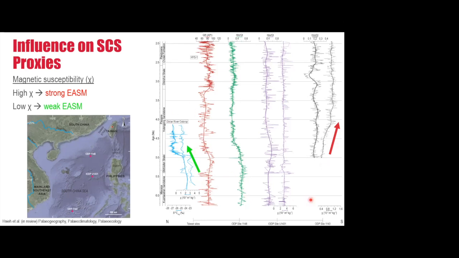But looking at our records, so here we have the northernmost Taiwan record all the way to the southernmost South China Sea record. Their patterns clearly don't match, even though the monsoon should have had a regional effect on all sites. So perhaps there are other non-monsoon related factors that are forcing these changes, like the emergence of Taiwan, for example.